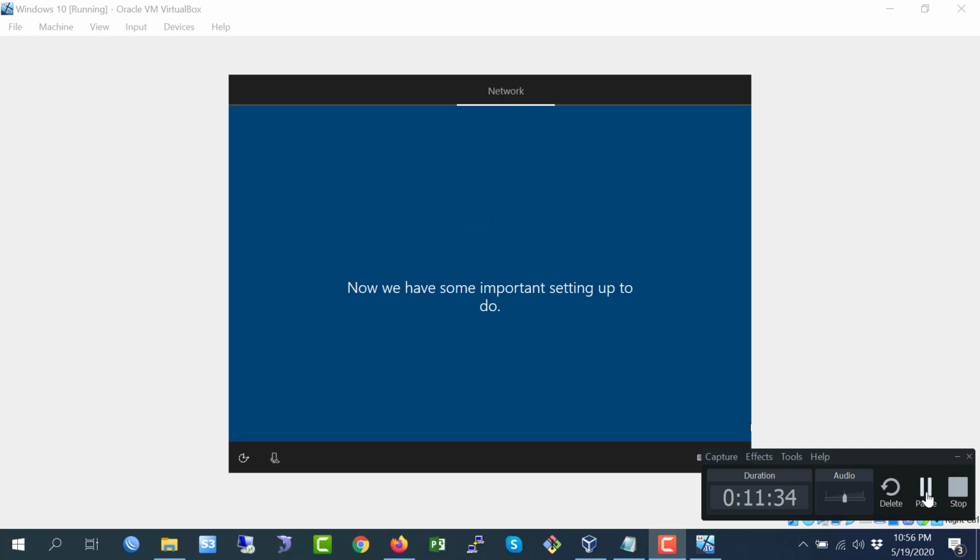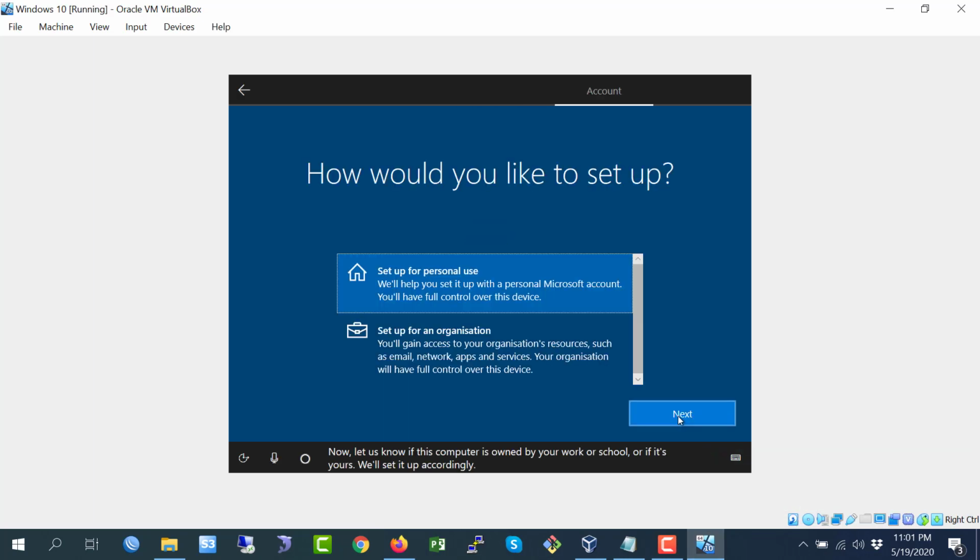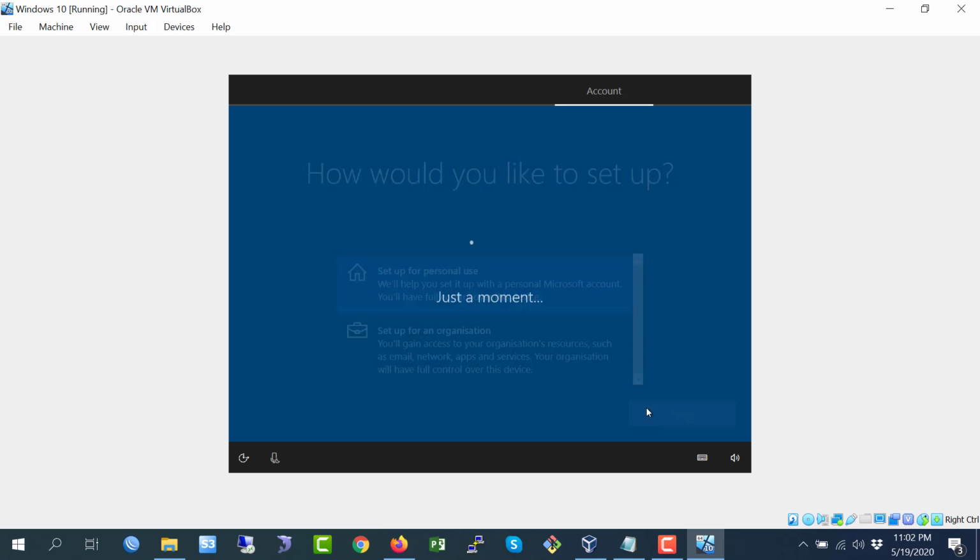Now network settings. Okay, now how would you like to set up your device? I am selecting personal use, just go to the next.